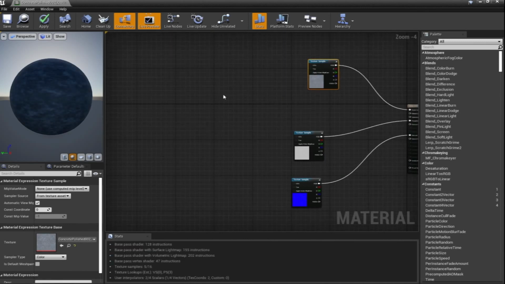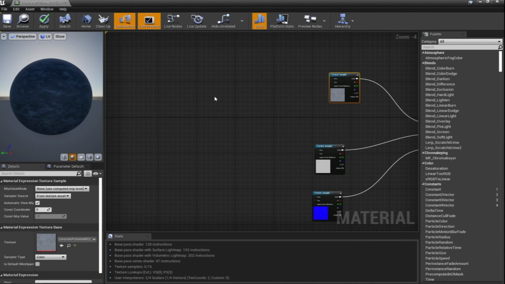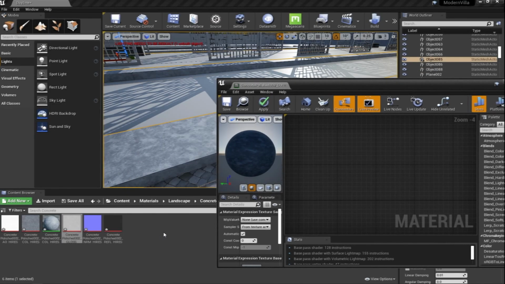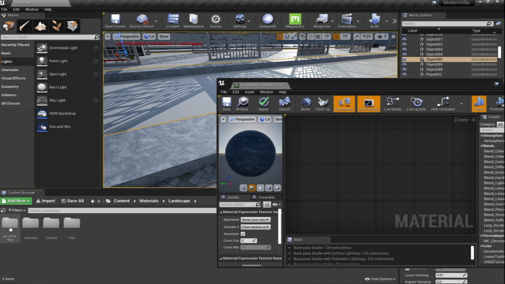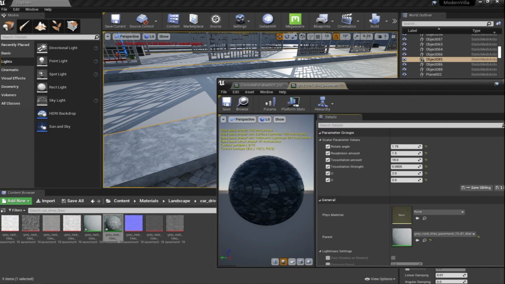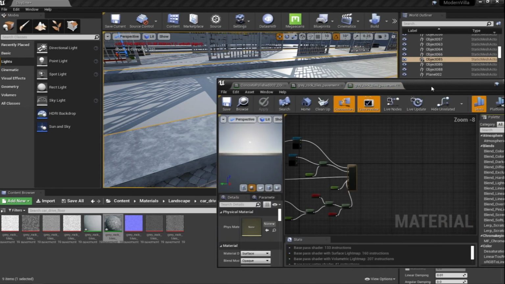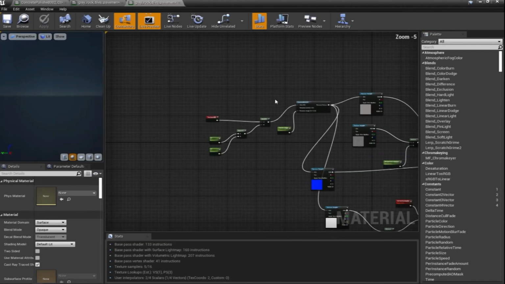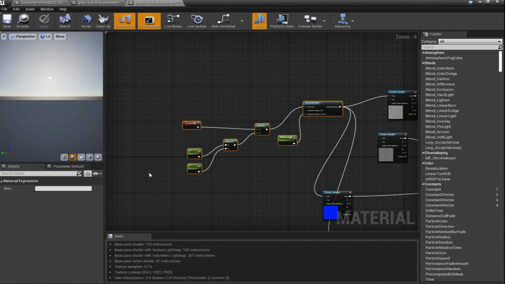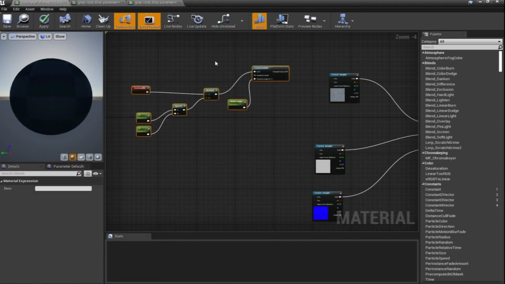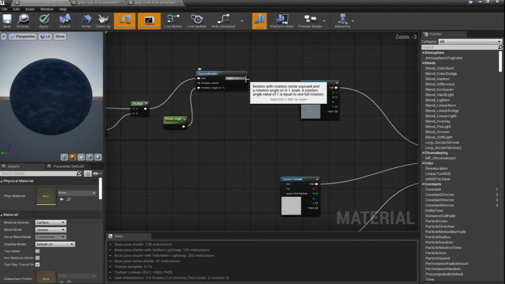And we need to create the same thing that we have created for the texture tiling. But the good thing about Unreal Engine, you don't need to create things from scratch. Basically, what I'm gonna do is I'm gonna open my material that I've created, and then I'm gonna select all of these, Control C and Control V here,